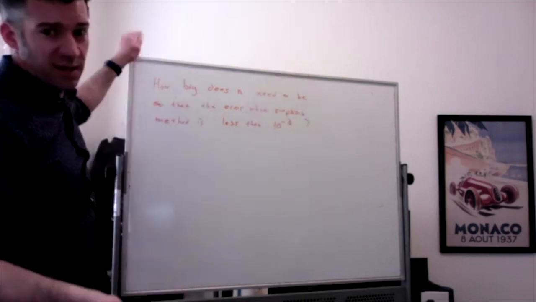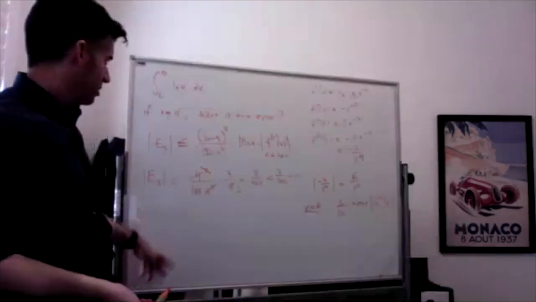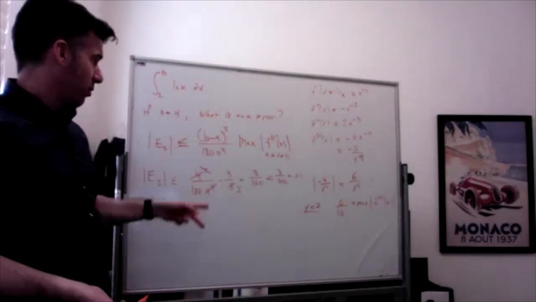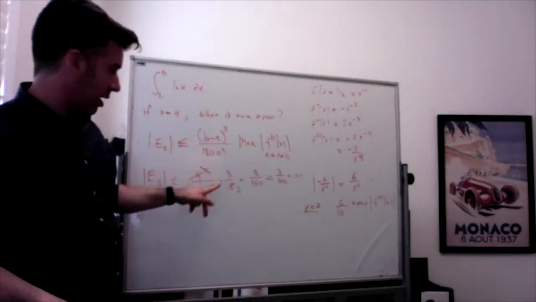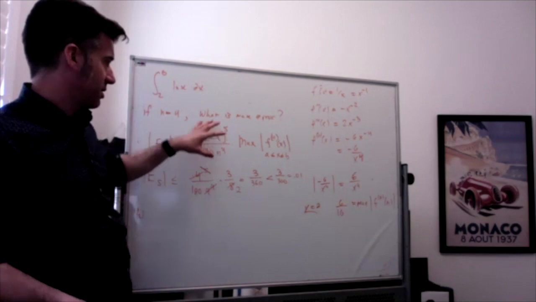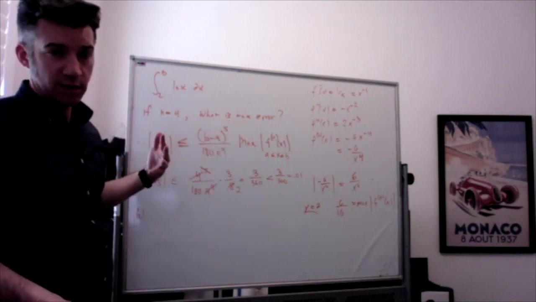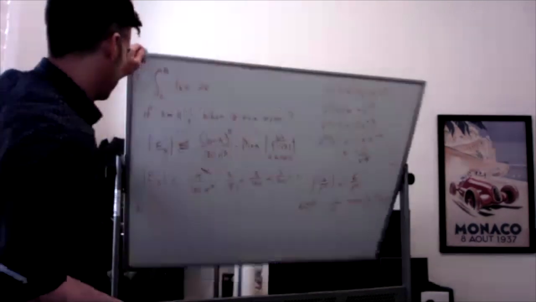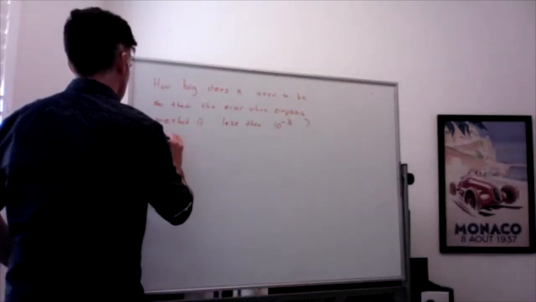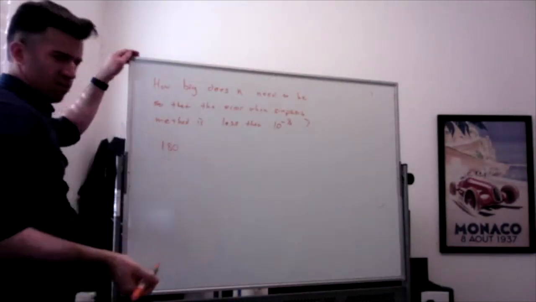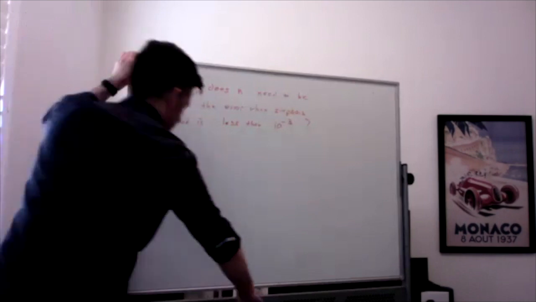Okay, so we're just taking that same equation, this error equation, and saying it's going to be left. We're saying we don't know what n is, so we're not going to plug in 4 for n. And we're just going to set this to be less than 0.001, 10 to the negative third. So I'm going to set 180. Sorry, that goes on the. All right, this formula always right here. I'm going to set